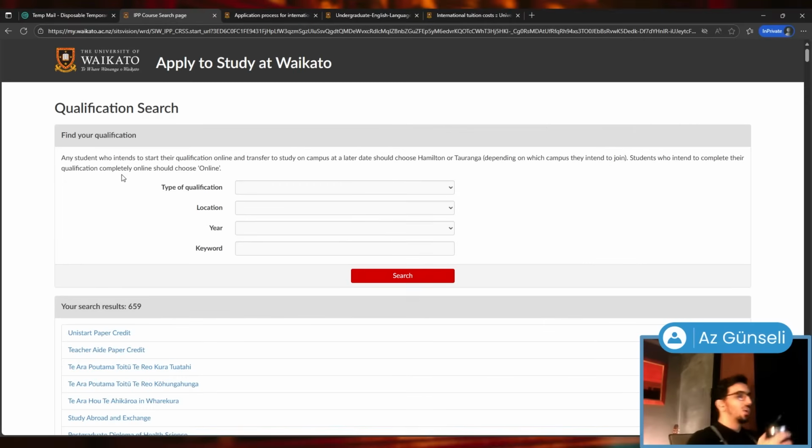Click on that. Okay, qualification search. Find your qualification. Any student who intends to start their qualification online and transfer to study on campus at a later date should choose Hamilton or Tarangoa. Basically, you are not finding the qualification you already have, like how universities ask for your qualification, which is like a high school diploma. Now, this is the qualification that you want to get from this university,